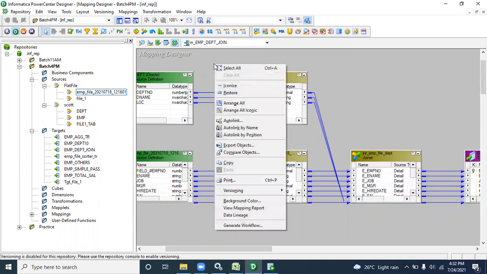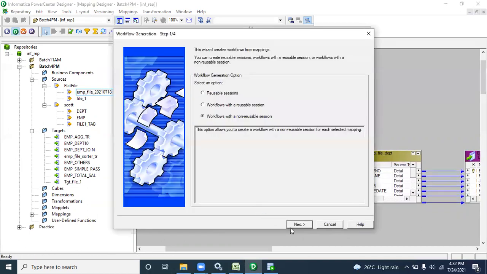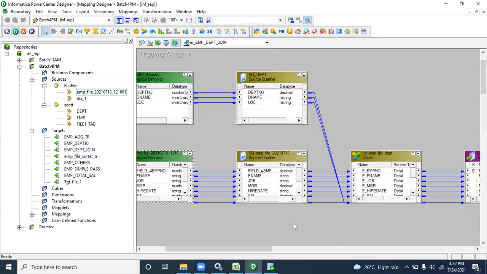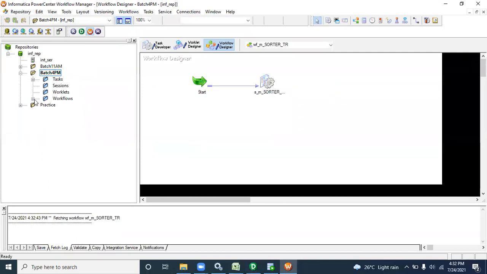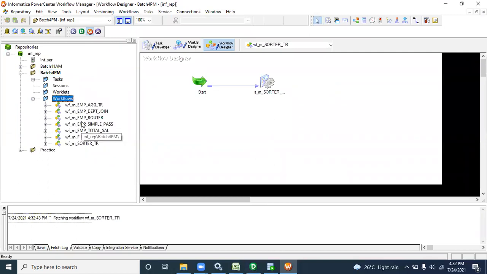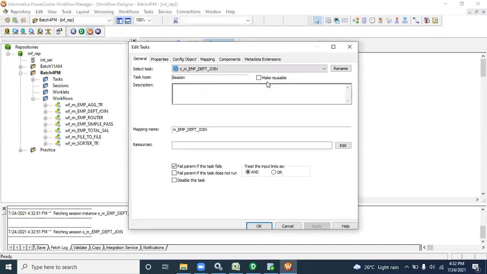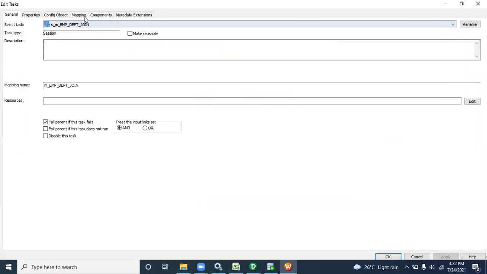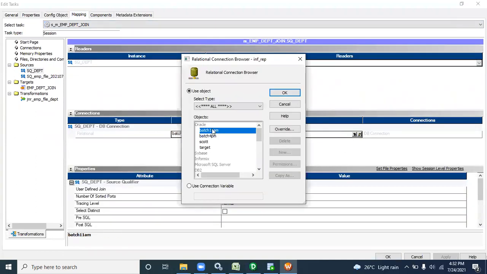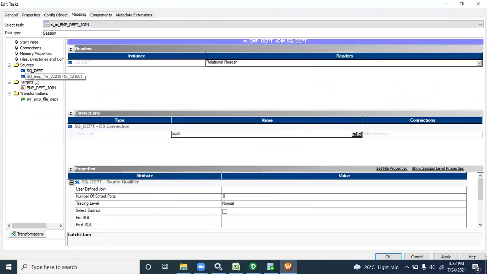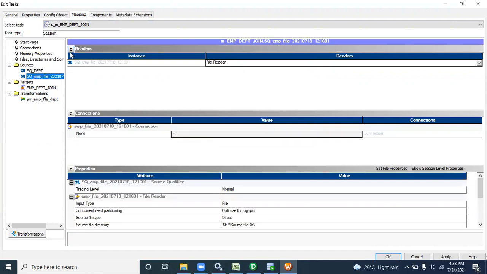So right click, generate workflow, just do next, finish. Go to the workflow and just drag and drop this one. Double click it, go to mapping. SQ is Scott, DBT is Scott. This one is the file, right?